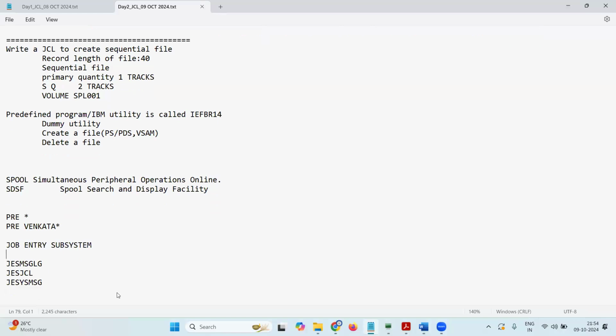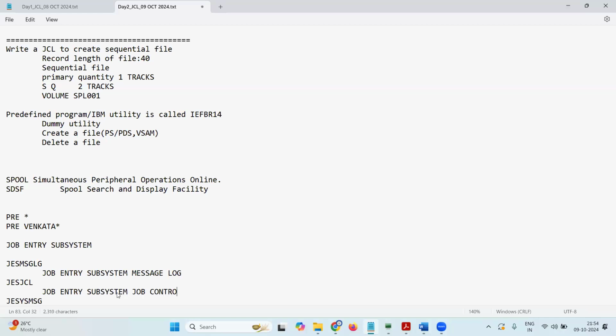JES2, JES3. But you have to remind me tomorrow. The next one, job entry subsystem message log. The next one, job entry subsystem